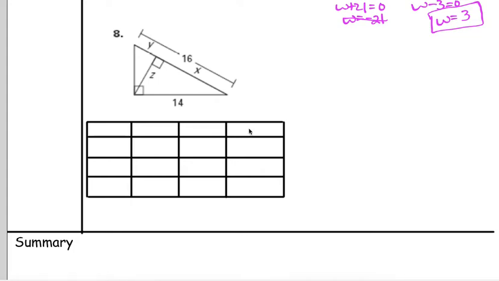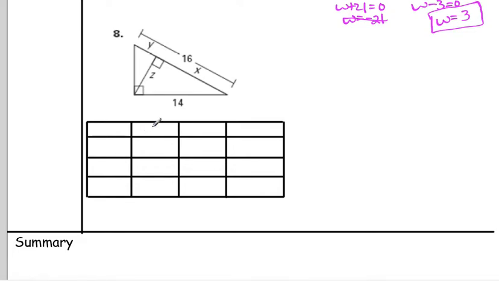Right here I have a table set up to solve this problem number 8. It's just a different method. If you are not sure whether to do the heartbeat or the boomerang, you could set up this table. What this table does is it divides the image into the 3 similar triangles, and it sets up proportions with the 3 inside of this triangle so that you can solve it using proportions and not necessarily thinking about